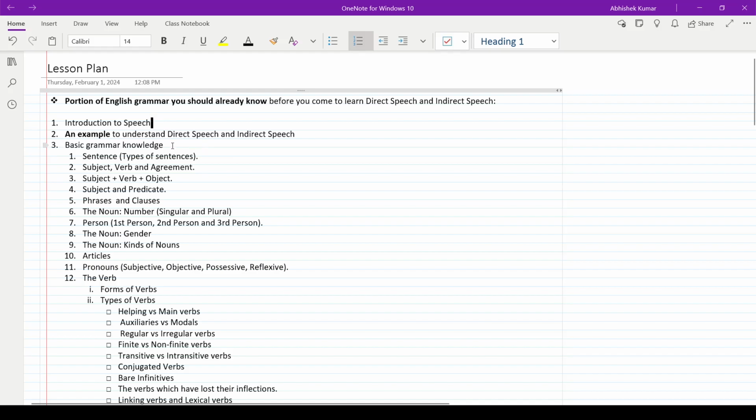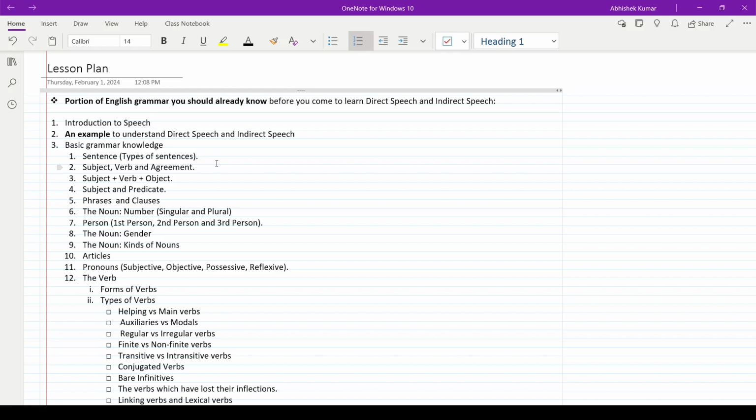The basic grammar knowledge that I expect you all to have is sentence, types of sentences, subject, verb, and agreement, which is also called subject concord, subject verb concord. Then subject verb object, subject and predicate, phrases and clauses, the noun